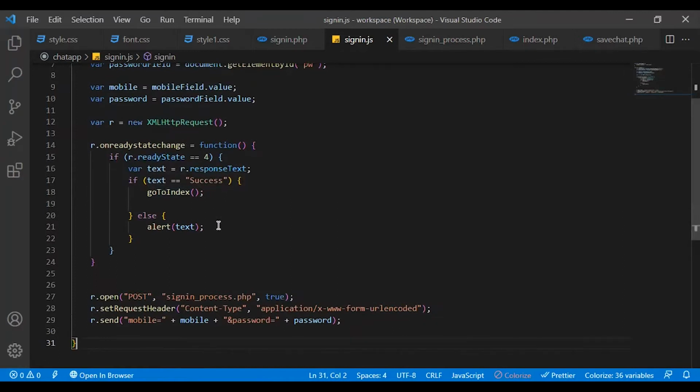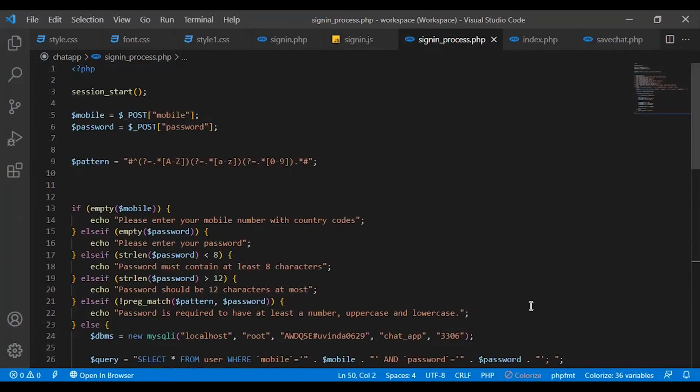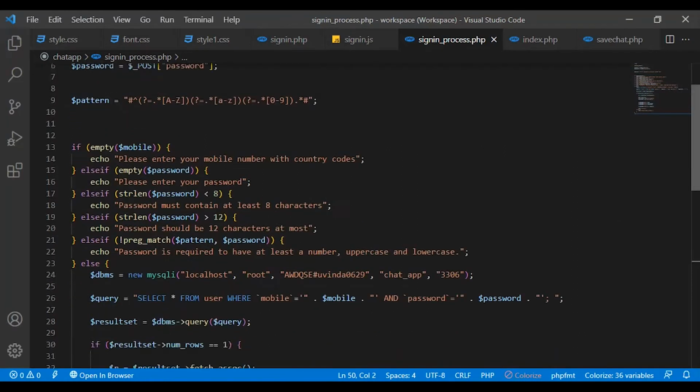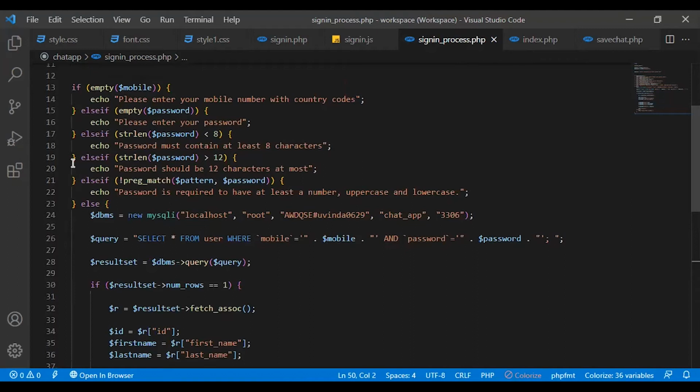If the response from the sign-in process PHP is success, I will be directed to the index PHP, which means I'm signed in. And this is the sign-in process PHP. Here you can see I have validated